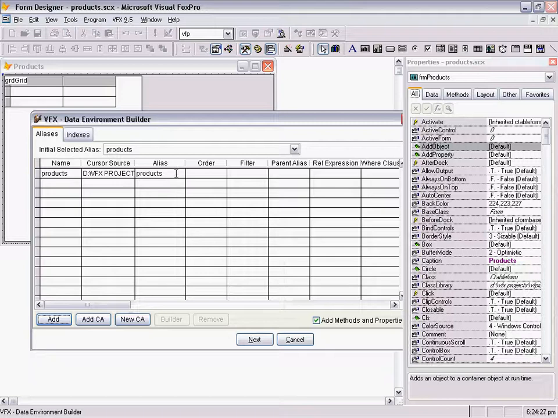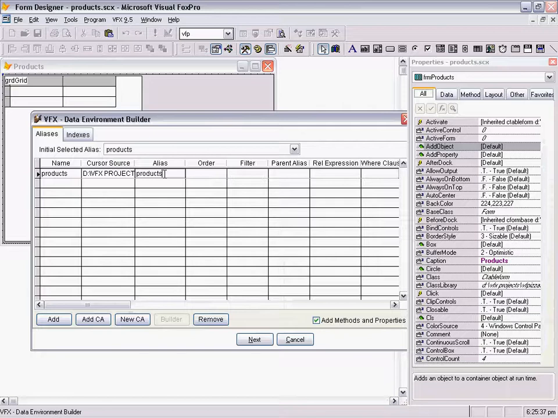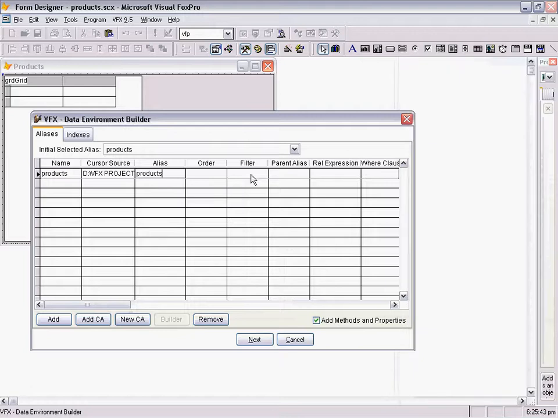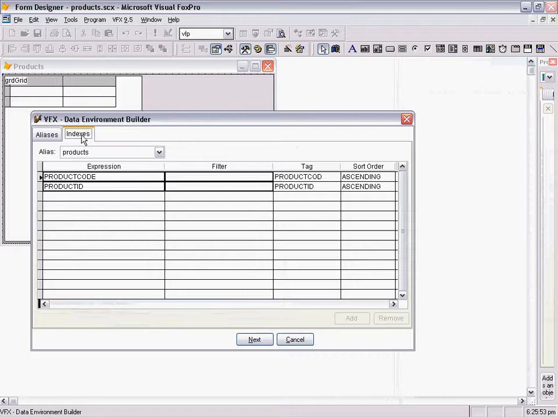And here in Data Environment you can additionally make other changes, like you can change alias of the table, order, filter, and even define relations here in Data Environment Builder. At this stage we will not make any other settings here.